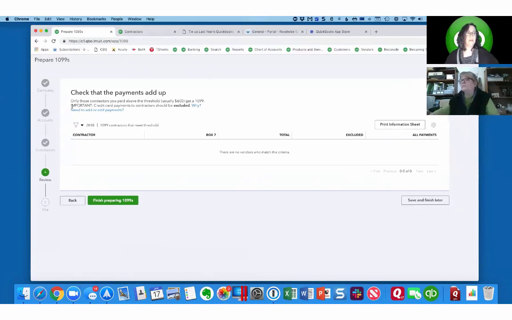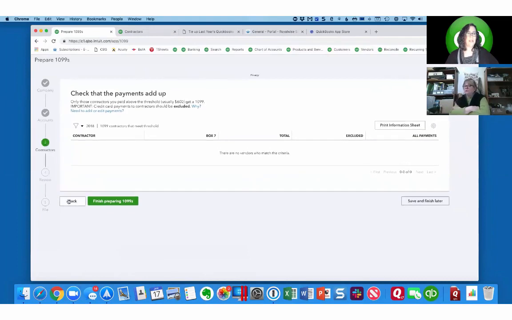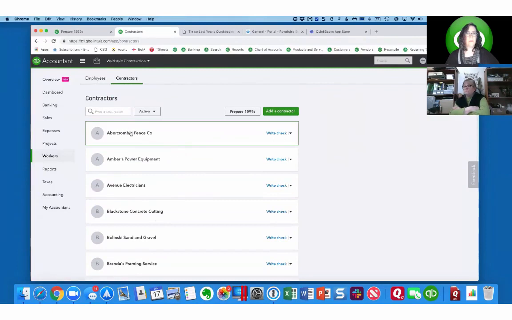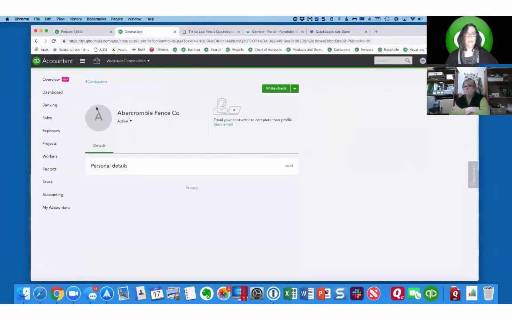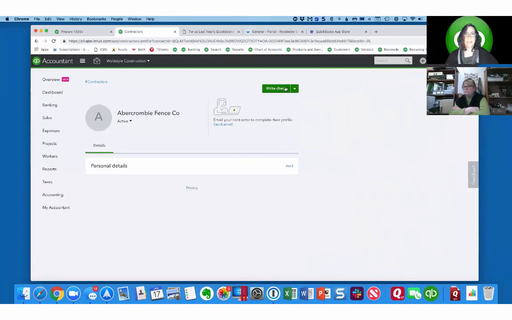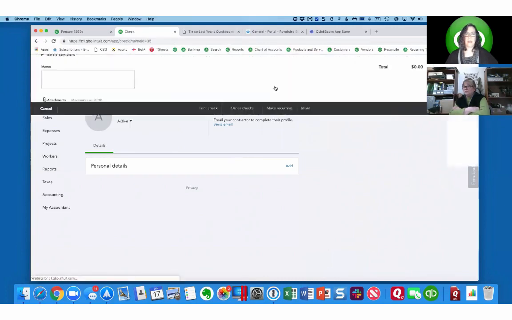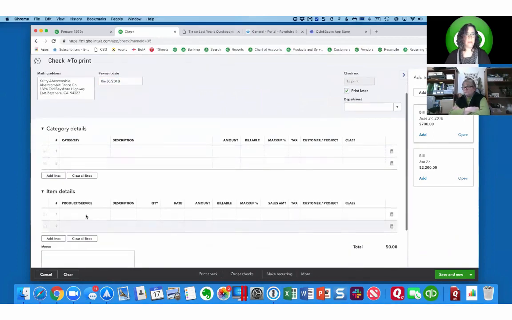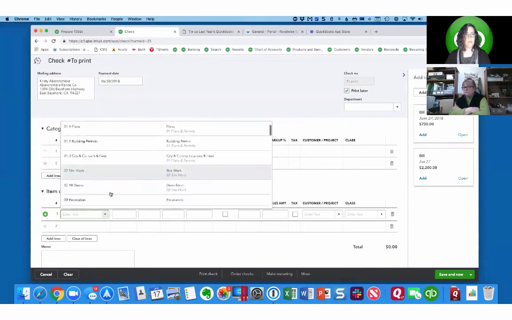Let me actually back up a step. I want to see if I can make this generate somebody. So we were looking at Abercrombie Fence. Let me go ahead and add, no, not that. I want to write them a check. And we're going to make sure it's dated last year, so sometime in the middle of the year. And we are paying them for,